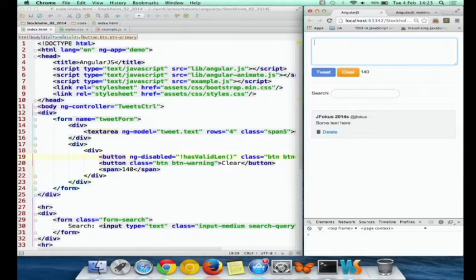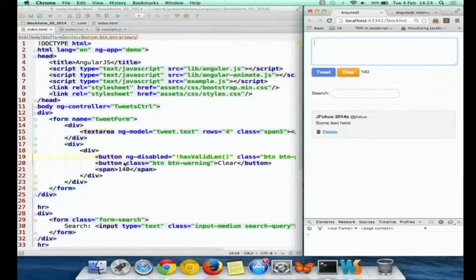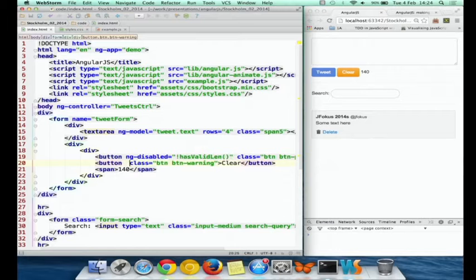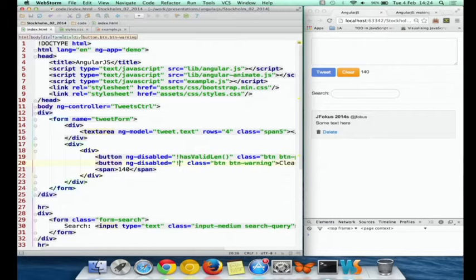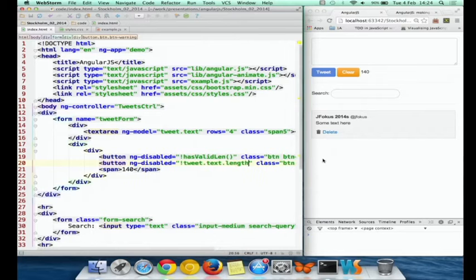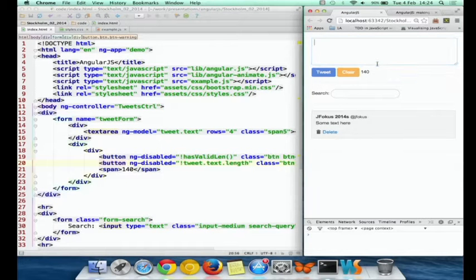Once again, there is just one piece of model here. There is this text, and we are using this one piece of model to drive different parts of the UI. And we can continue like this. We can make the other button also live, and disabled if there is no text. There is no point in enabling this clear button, right?